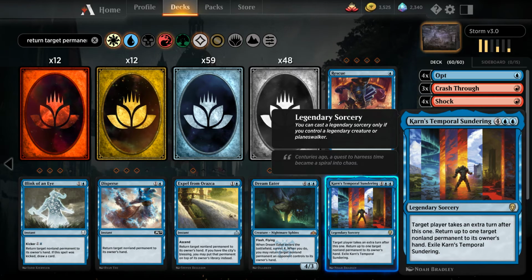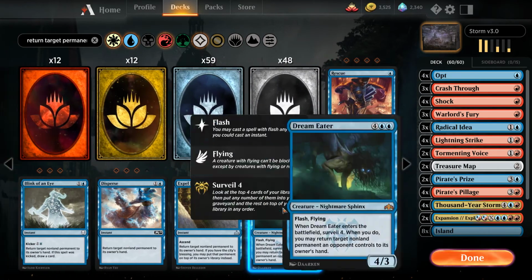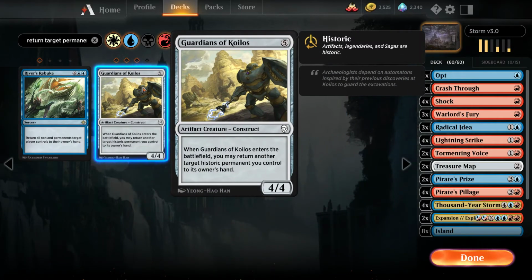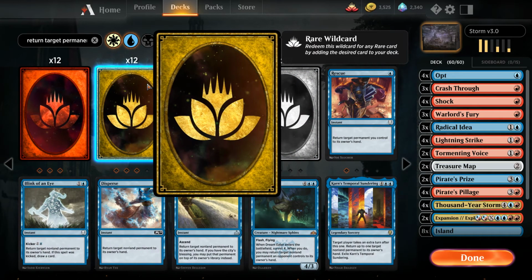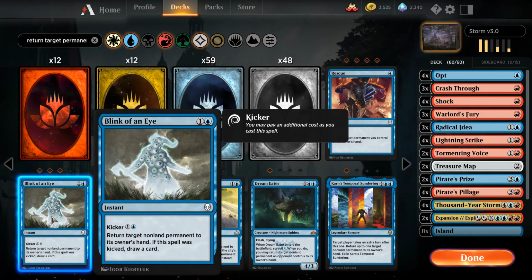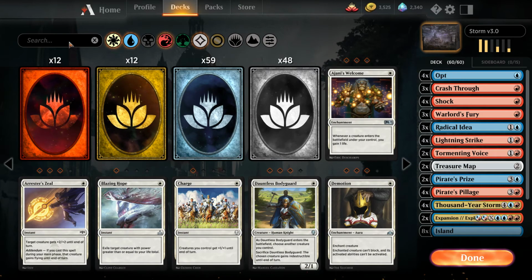Yeah, you're not going to be running this because we don't have a legendary sorcery. He's kind of a not going to happen. River's Rebuke is too slow. And this is a permanent you control. Yeah. I mean, really Blink of an Eye is your best bet. Unless you wanted to run a little bit of a counterspell thing. A small counter package wouldn't hurt. Especially, isn't there...